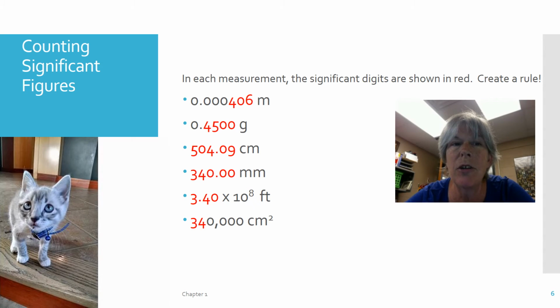But what I want you to do, instead of memorizing a bunch of rules, is come up with some idea on your own about how we determine which digits are significant. So in this list of numbers, these are all measurements that were taken in the lab, and they contain what we call significant digits or significant figures. Look at this list of numbers, see if you can determine which digits are significant and why. See if you can create some kind of rule that would tell another person how to determine what a significant figure is if you're only given a measurement. Give you a little time to think about it.